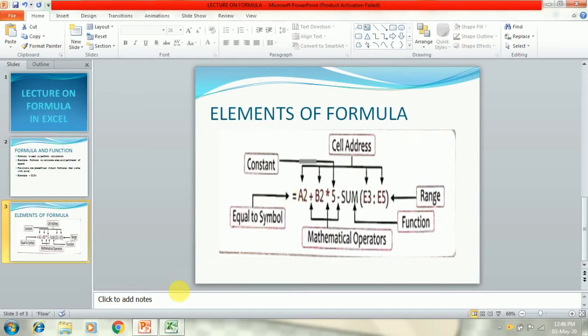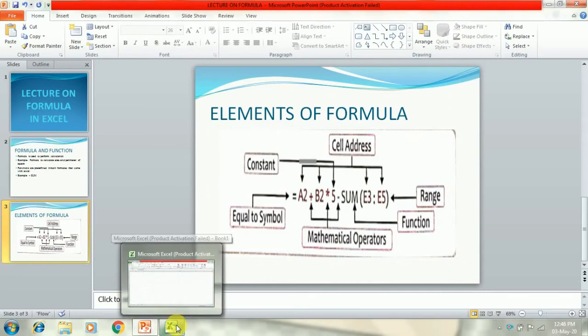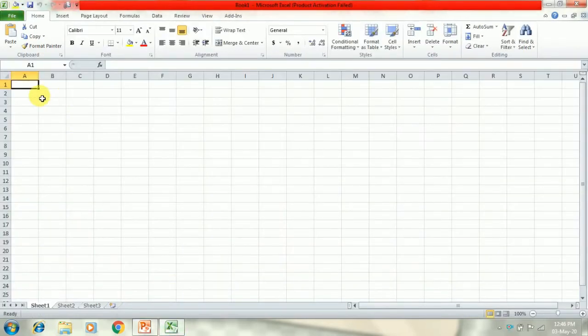I am going to show you this. If I have typed 5 in cell A1 and 6 in cell B1, now I will type a formula equals to A1 plus B1 in cell C1. Then press enter key. You can see the result is displayed. Now I am going to edit this formula. Double click on the cell. You will see a cursor in the cell. Bring the cursor in the beginning and press delete key. Equals to sign is deleted now. Now press enter key. See the result of the formula is not displayed as we have not placed equal to sign in the beginning.